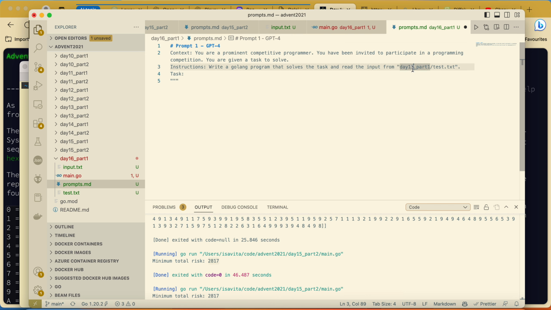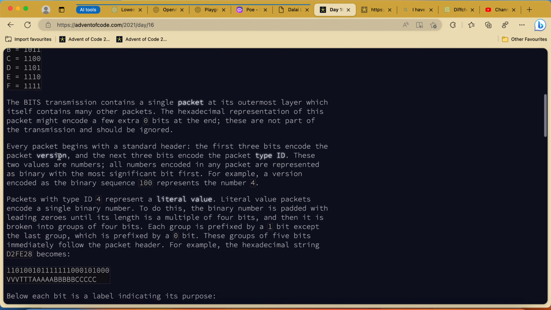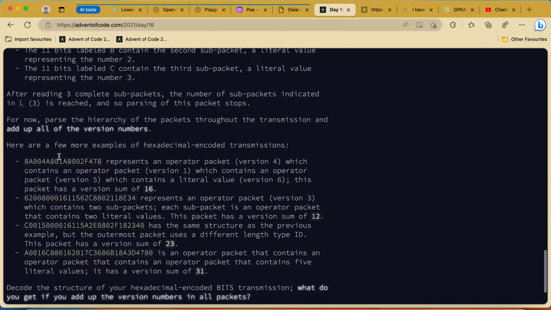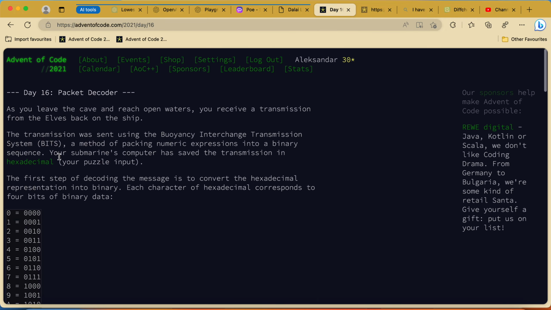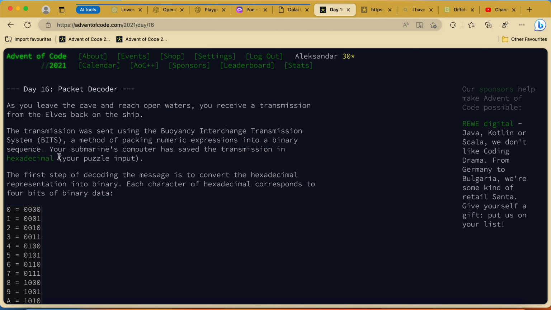Here we have a description that we want the input to be read from a file, and after that we usually give the description of the task, which is from up here. And before that, let's have a fast read of what the task is.